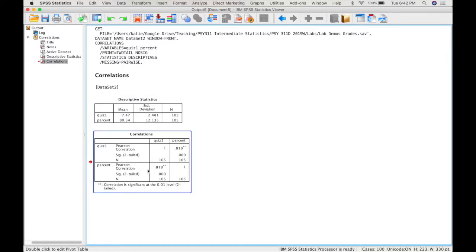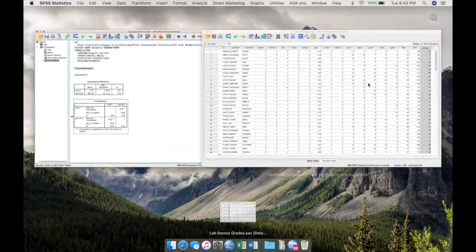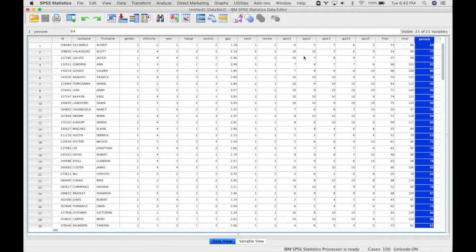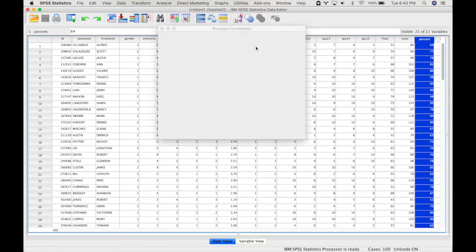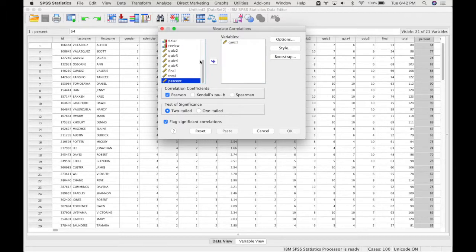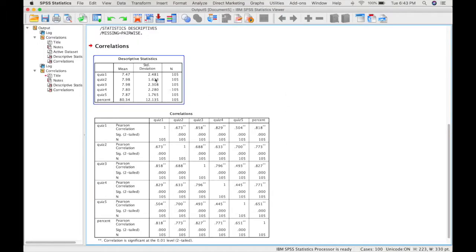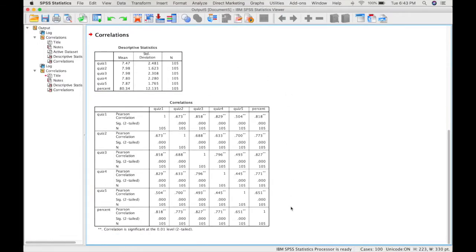So you can actually put more than two variables in this analysis. So what I'm going to do is use all 5 quiz variables and final percent grade. So you go back into the Correlate Bivariate dialog, and I'm just going to add the rest of the quizzes and final percent grade. SPSS will remember my changes from before, so I'm just going to press OK. And now we get more descriptive statistics for each of the variables and then a larger correlation matrix. And I did this to show you that you don't need to request correlations individually, and also to understand how